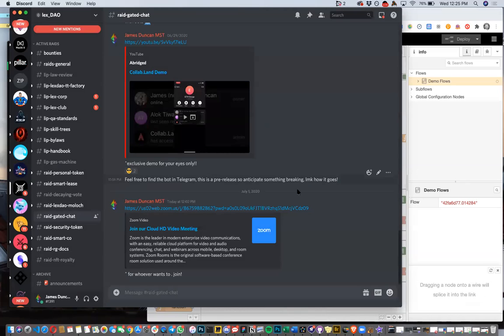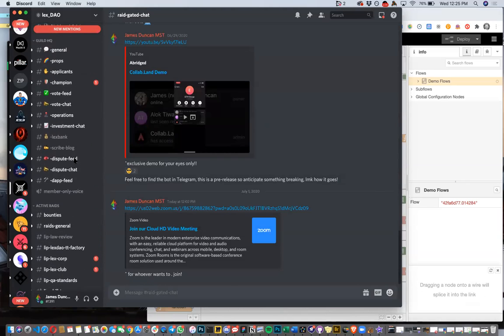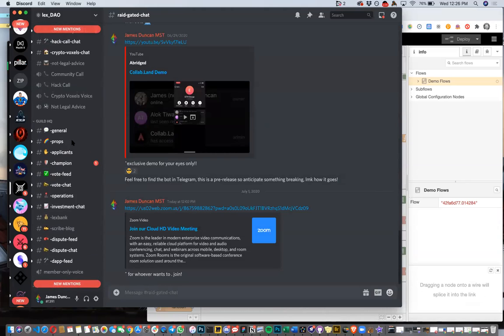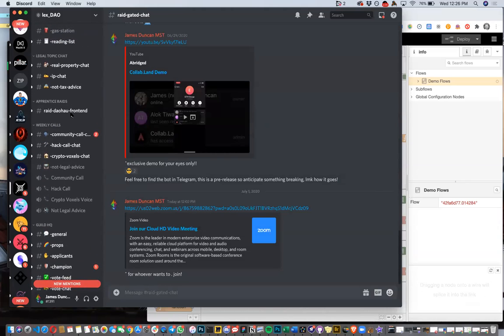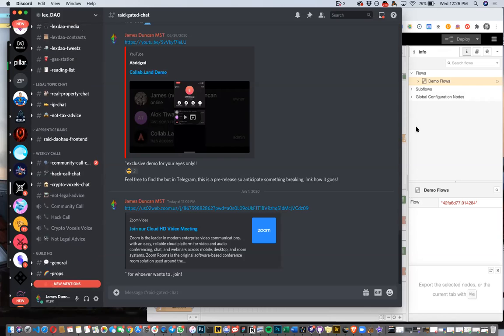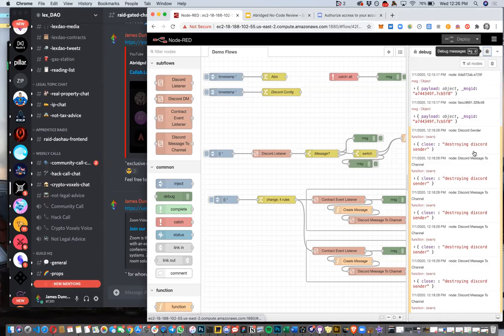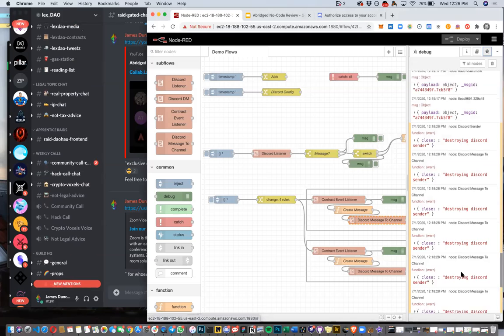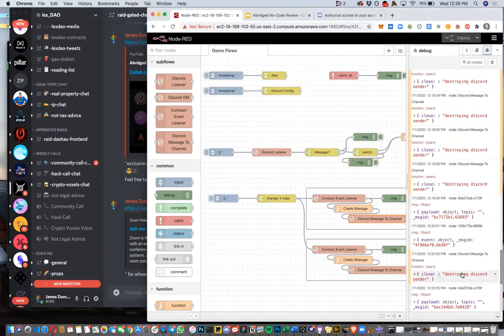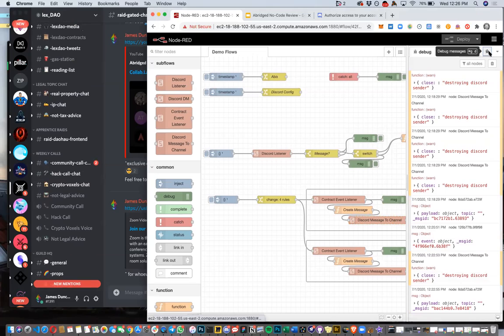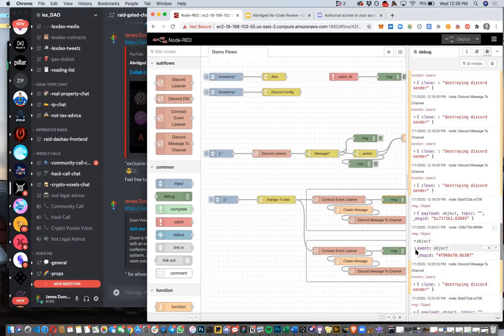So pretty much open floor at this point. I just added this, or I'm trying to add this bot. I don't know why it's not sending the Kovan. Hey JD, can you please click on that debug log mode? I just want to see. Great. So this is another important piece of Node-RED, the debug log. This is where you live if anything is not working. You just hit this little bug in the right corner, and it gives you all these really useful messages that you can open up and find more